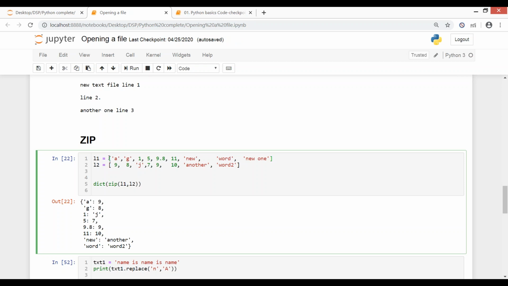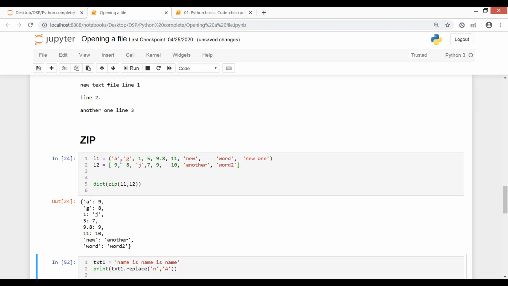It will work with this as well. If you make it a tuple, it will work. Or if it's a combination of both, it will still work.